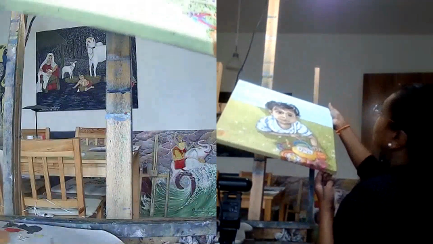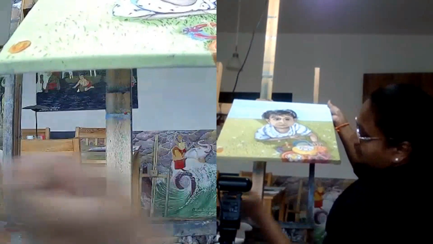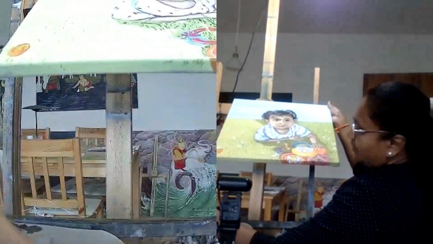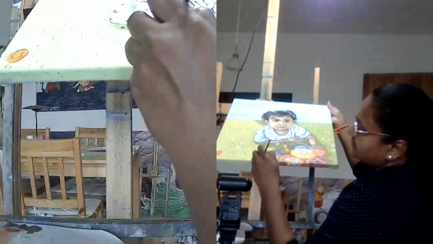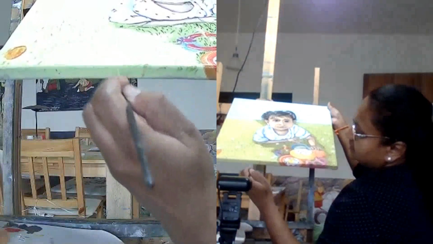Just trying to balance it here so I can show you what I'm doing. So it's the same. But I will make sure that I start the line somewhere on the top and leave it in the bottom. So it looks connected.